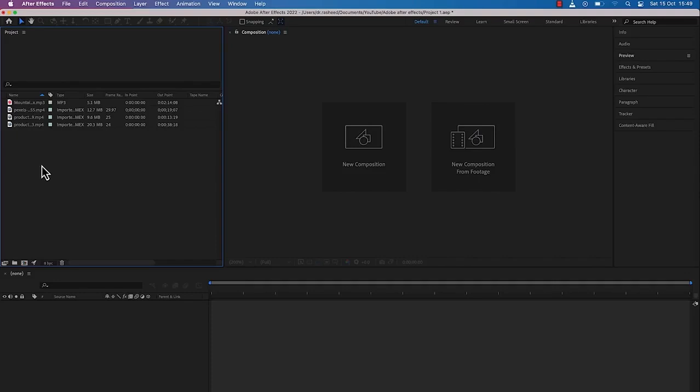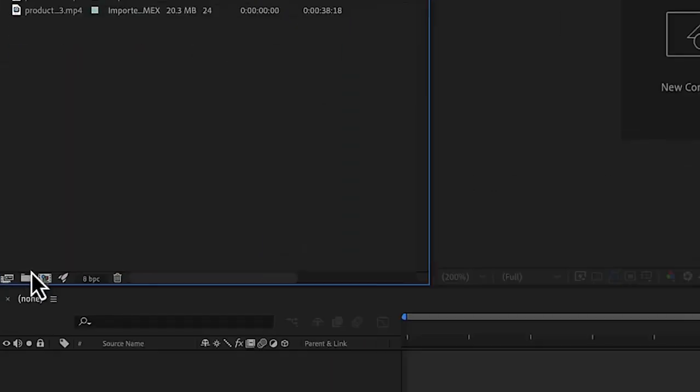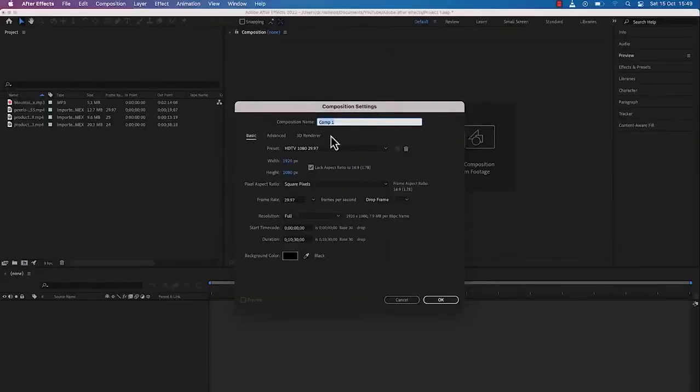So there are two methods to do it. The first one is you can create a new composition directly from here, or a new composition from a specific footage that you've imported. But what I usually do is I just go ahead and come over here to this small folder down here, create a new composition. I just click on it, and then this brings us to the composition settings. So the first thing I usually do is to give the composition a name, which I can name maybe Adobe After Effects 1. So I just give it a name, and then you can come all the way to,